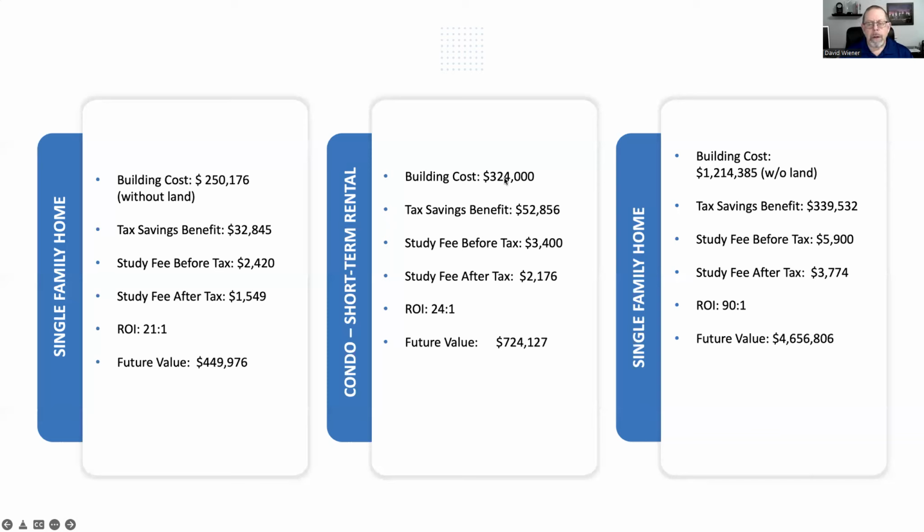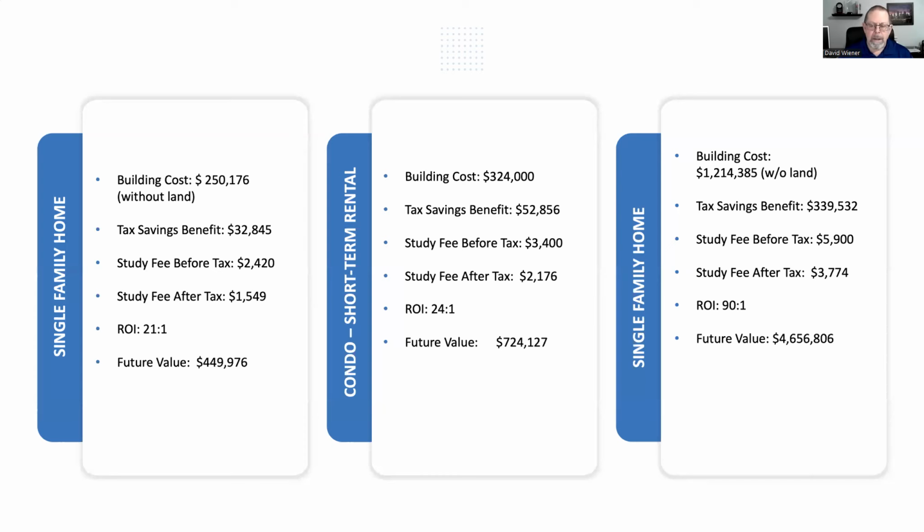We did a condo, which was a short-term rental. The building cost was $324,000 for the condo. This client of ours saved $52,856 off of their taxes in that first year. The study fee was $3,400 before tax, just a little over $2,000 after tax, to get that $52,000 benefit. The return on investment was 24-1. And if they put that money to work, the future value of that money at 8% over the life of the property was